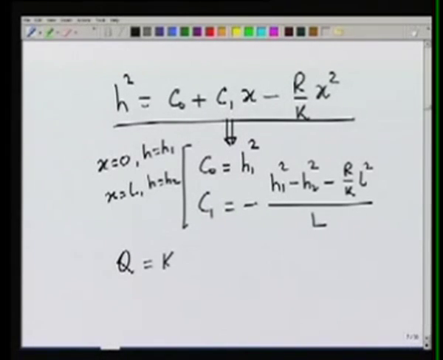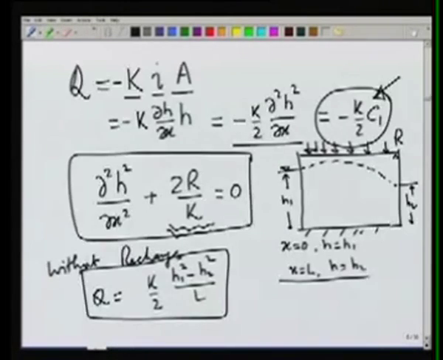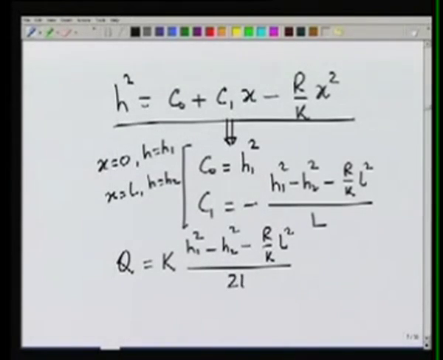So we have k, then we have h1 square, while in this case it was only h1 square minus h2 square over L. Here it would be h1 square minus h2 square minus r over k L square over 2L. So if we draw the profile of the water surface,